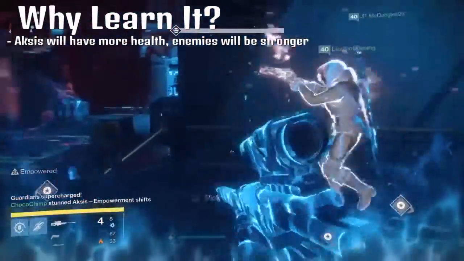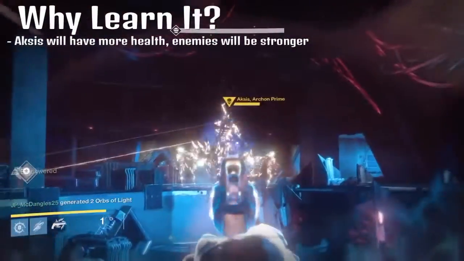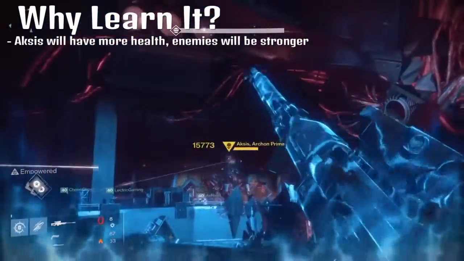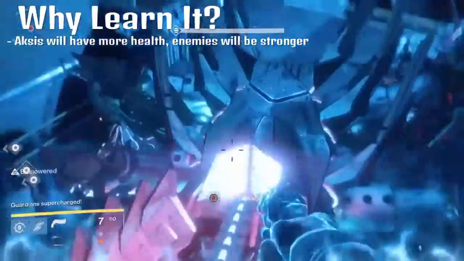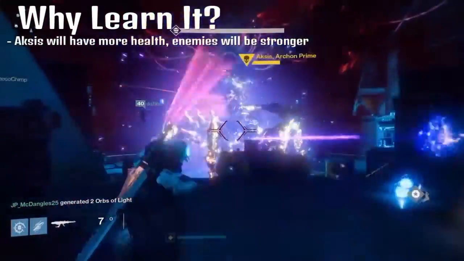For starters, Aksis is going to have more health, so DPS will be more important. Obviously, having more supers throughout the fight will increase your DPS, either through weapon buffs, enemy debuffs, or direct damage from those supers. Currently, we all accumulate super energy from killing Shanks and Captains, then use those supers on Aksis in the damage phase. Heroic mode will certainly come with stronger adds, which means we might need to burn supers in the adds phase. We'll have that capability if we know our supers will be charged again before we DPS